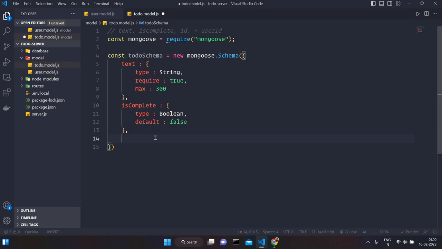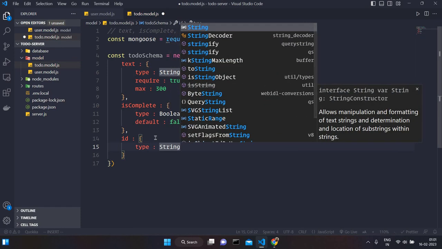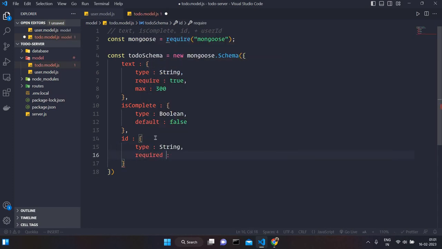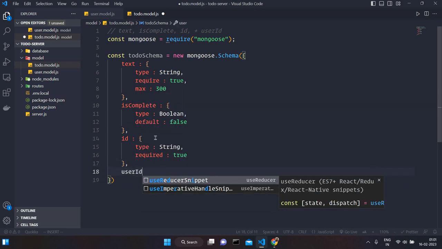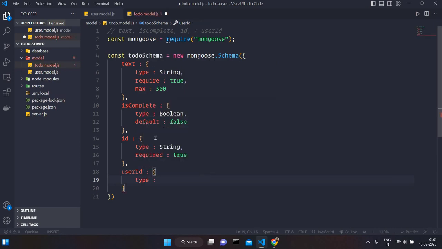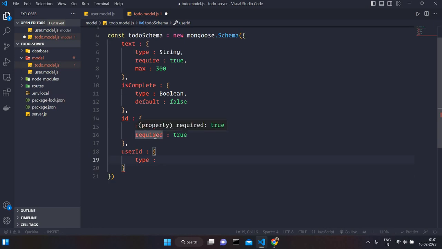So then the next property ID, so type is again going to be string, and it is required, right? And in the last, for identifying user of each to-do, we have to pass user ID as well, right? So type, we can pass here mongoose dot id, but we will just keep it simple and pass it string, and we will just connect both in the backend, right? And required is true,